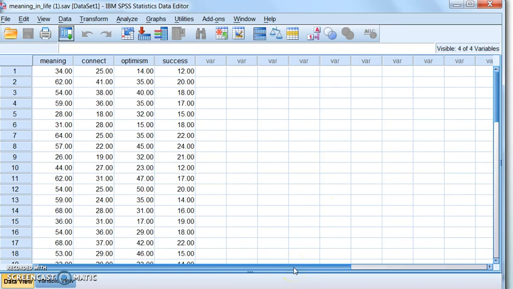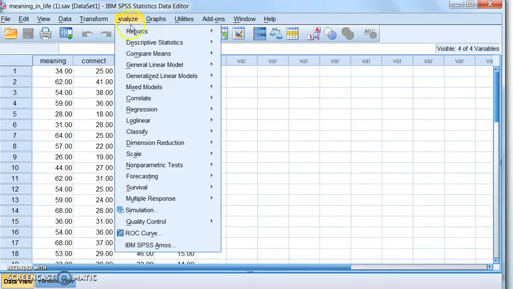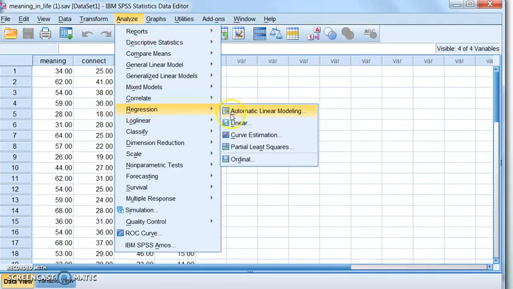It's called Meaning in Life, and we have three predictor variables in this data set: connectedness, optimism, and success, and we're trying to use those three predictor variables to predict meaning in life, some measure of how well we have meaning in our lives. And so I want to run the analysis, so I'll go to Analyze and Regression and